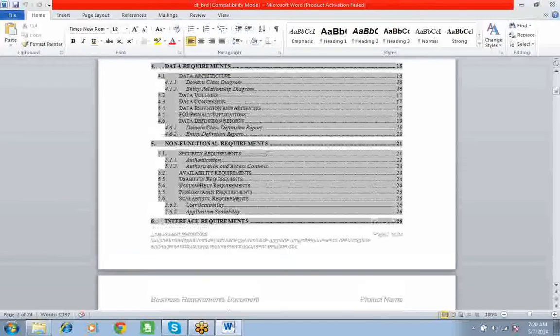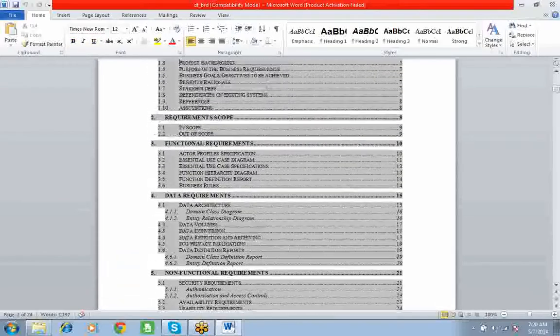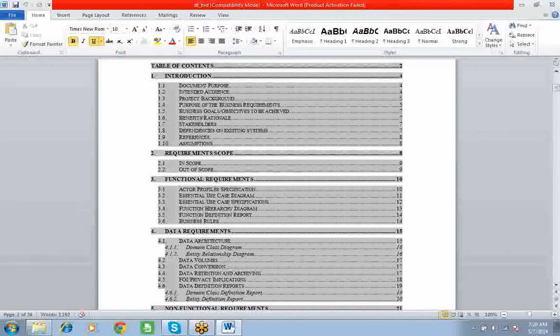Okay, so what do you mean by high level requirements here? High level requirements don't specify any requirements. I mean, the high level document explains about the document, explains about the project. Like, let's see here, introduction, document purpose, first one. What is the purpose of this document? What you have to write here is the purpose of the document. This document is for so and so project, and this document is designed for so and so people. So in this document you have so and so data, correct? Purpose, what is the purpose? You have to write it here.